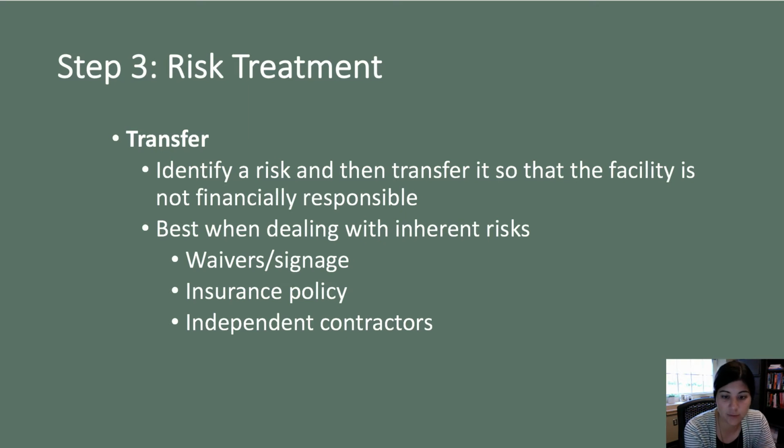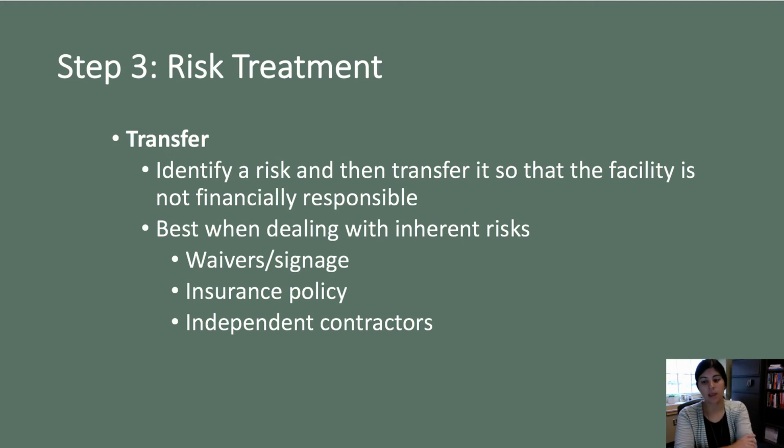So we might do that through a waiver, right? We might say, hey, this activity has dangers in it, but hey, we're going to transfer the risk onto you, the patron, by having you sign a waiver. Same could be true of signage, right? Your textbook uses a lot of examples of outdoor hiking trails. Perhaps there's a risk to anyone using those trails that they could fall off the ledge, right? So instead of putting up a gate and ruining that view or taking other steps to avoid, maybe you put up a sign that says this is dangerous. And that, again, transfers the risk onto the person hiking the trail, saying, hey, they knew that this was a